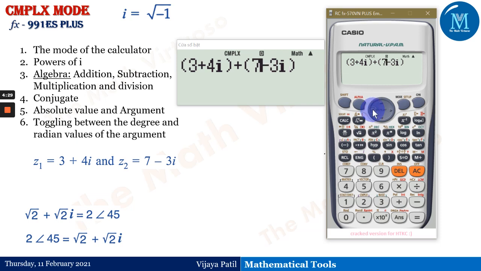So if I go back and do the subtraction over, I press delete, which erases the plus sign, and I put a minus sign here, equals to. I'll be getting the subtraction of these two complex numbers. So minus 7 plus 3 will give me minus 4, and 4i minus 3i will give me, so minus of minus, 7i. So minus 4 plus 7i would be here as the subtraction of these two.